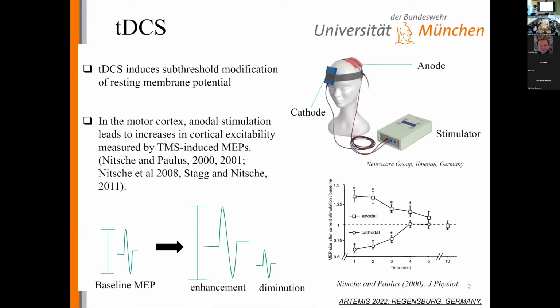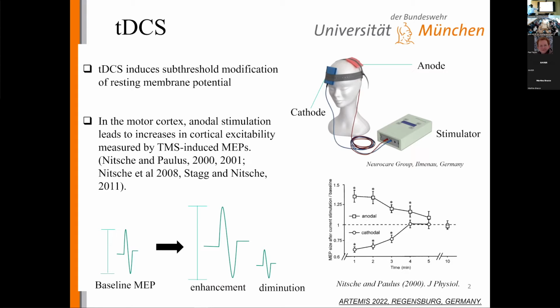I don't know if you know about tDCS. Of course, some people don't, so a little bit of background. We know so much about TMS, using suprathreshold magnetic pulses that induce an electric field in the brain. For tDCS, we use weak direct current to modulate brain physiology, with a positive electrode, the anode, and a negative electrode, the cathode. Depending on the target area you are stimulating, for example the motor cortex, that is your target electrode, and this becomes your return electrode. Of course, you need two electrodes for current to flow. In the motor cortex, where this method has been well studied, TMS-induced MEPs have been used